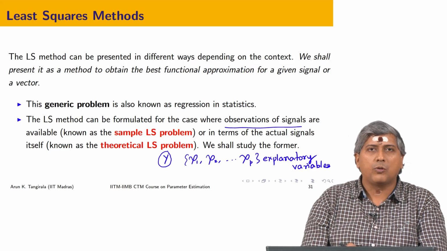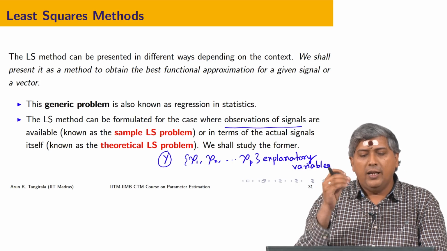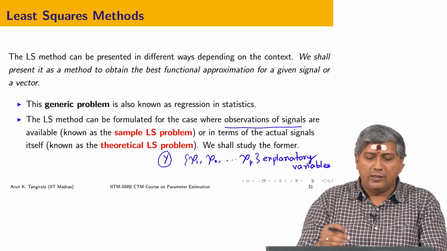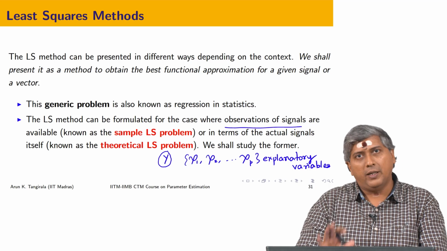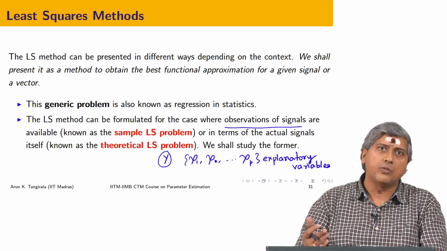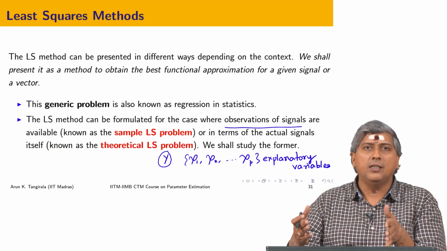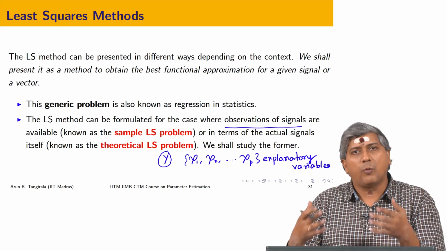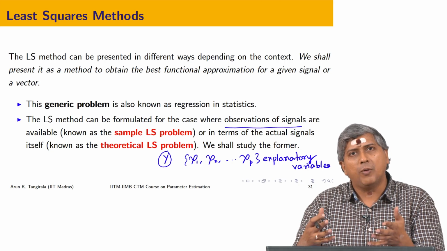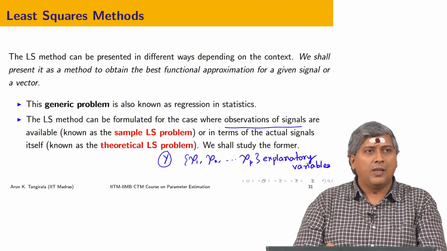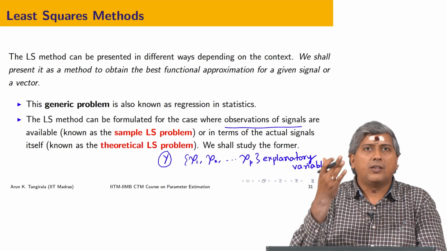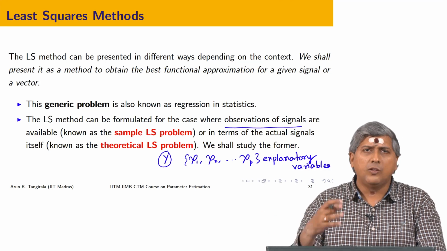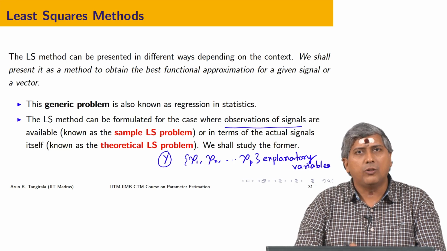Typically, when we talk of least squares, it is inevitable that we talk of regression. There is no way you can avoid this regression term when you read the literature on least squares. That is why very often linear regression or regression and least squares go hand in hand, because the kind of problems that you solve in least squares, the generic problems, are of the regression type. And what is essentially regression? Trying to explain one variable in terms of the other, and we will spend more time on the word regression later on. Let us get back to the least squares thing.